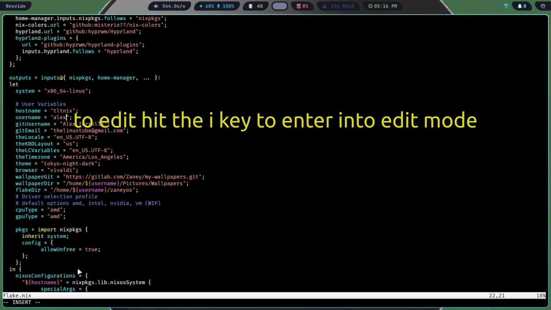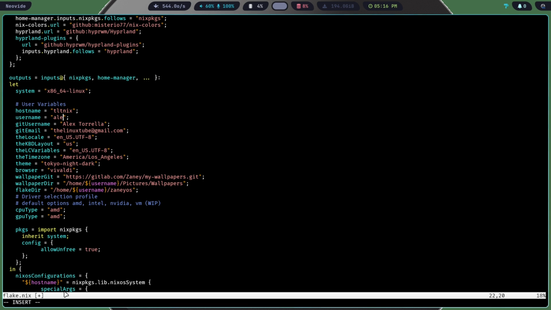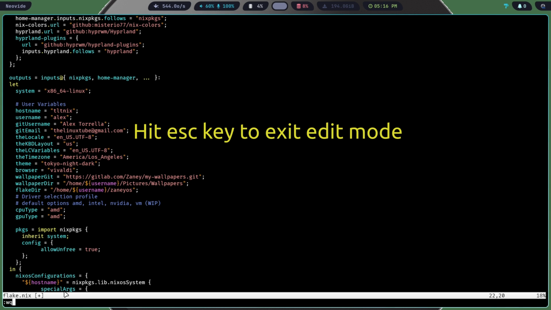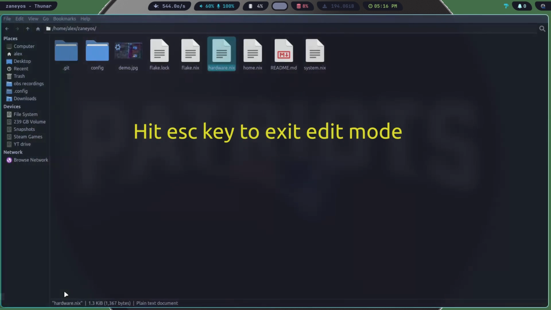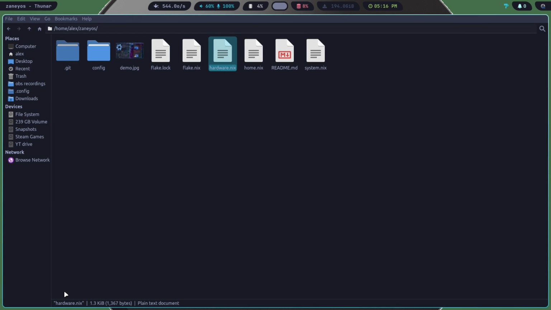See at the bottom how it changed into insert mode. Then you can actually go back and type whatever it is that you want. And then when you're all done, you hit escape, Shift colon, Q for quit, exclamation point, enter. Now, you think you're done, but you're really not done. What you have to do now is hit